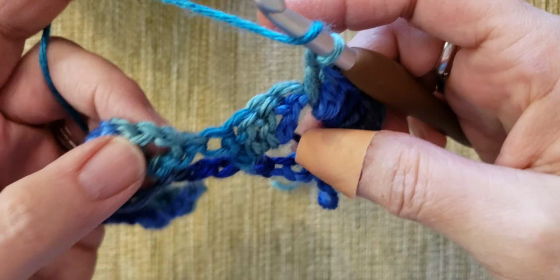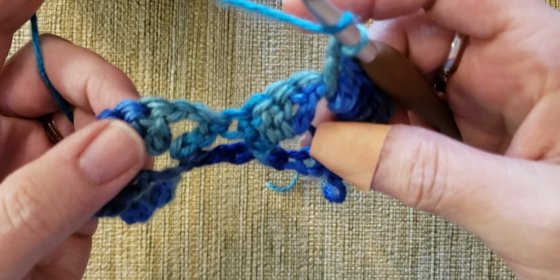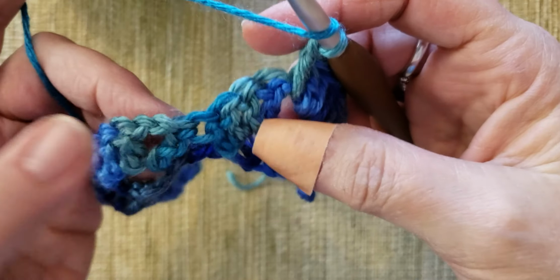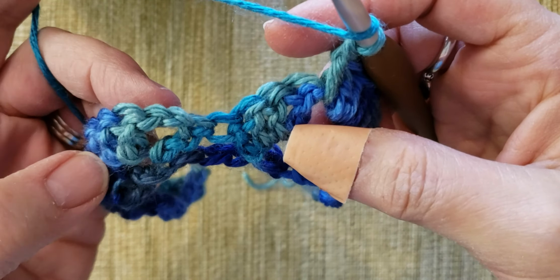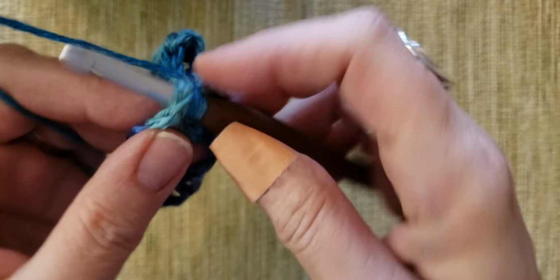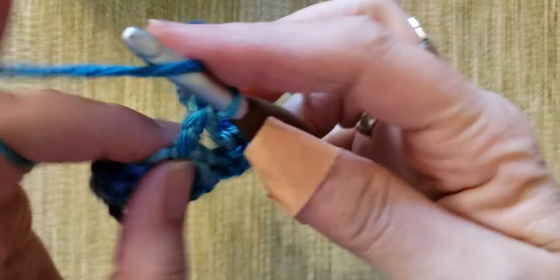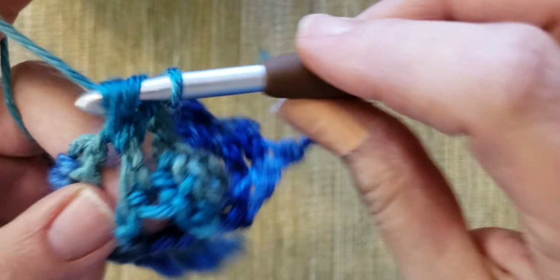Now you're going to look way over to your next chain 2 space on the next stitch, on your next offset granny. And you're going to do the same thing. You're going to double crochet 4, 2,